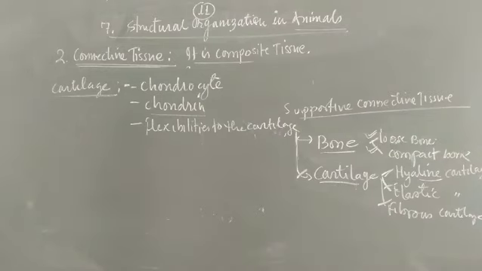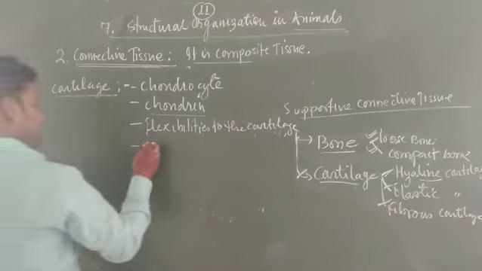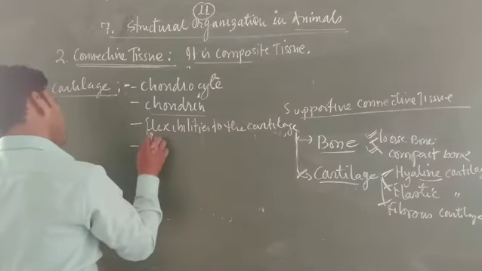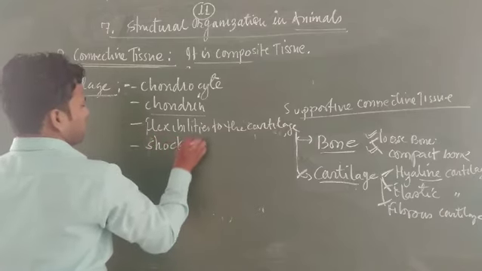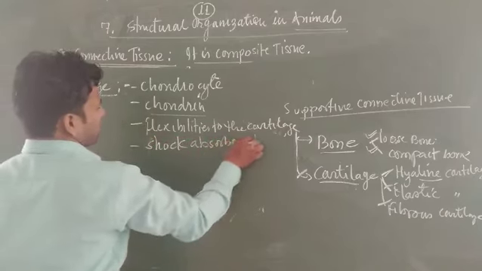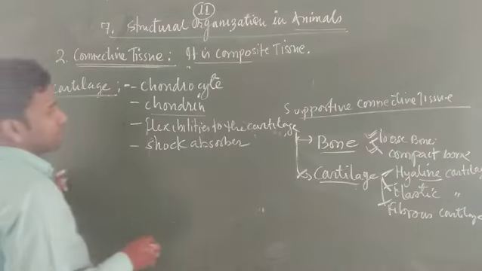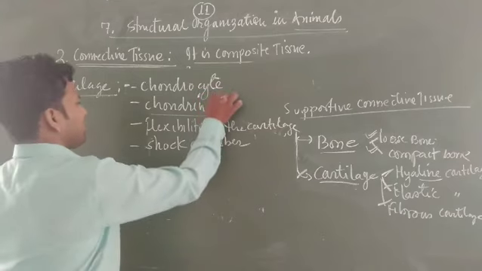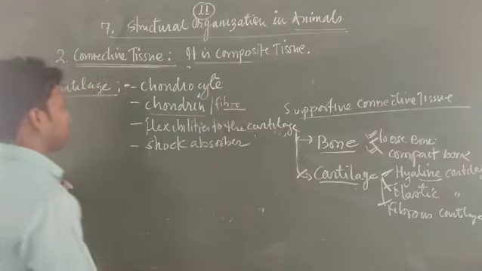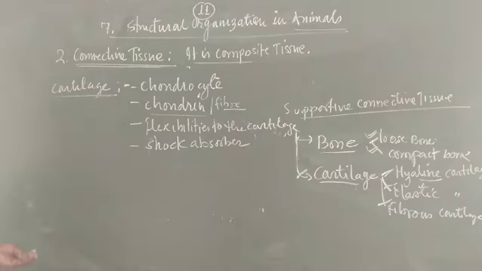It resists the extra, you can say that it is also a shock absorber. Especially if any type of stroke or shock is given to the body part, it can be absorbed easily, meaning no effect is done on the body. It consists of a solid and semi-solid matrix present in the cartilage, and it is also made up of chondrine proteins as well as some fibers, like white fibrous tissues. Okay, so this one is cartilage.